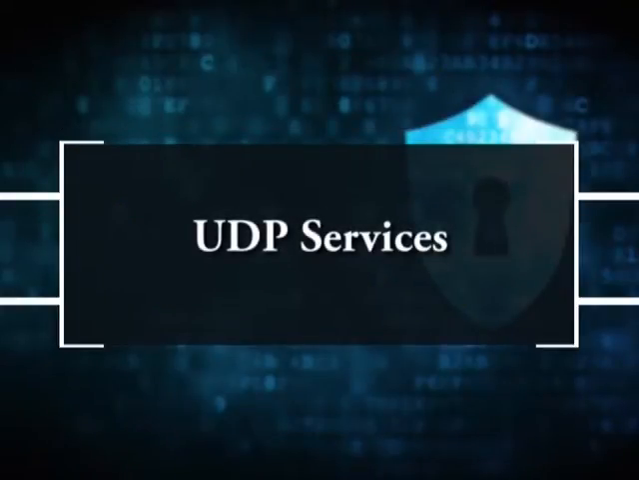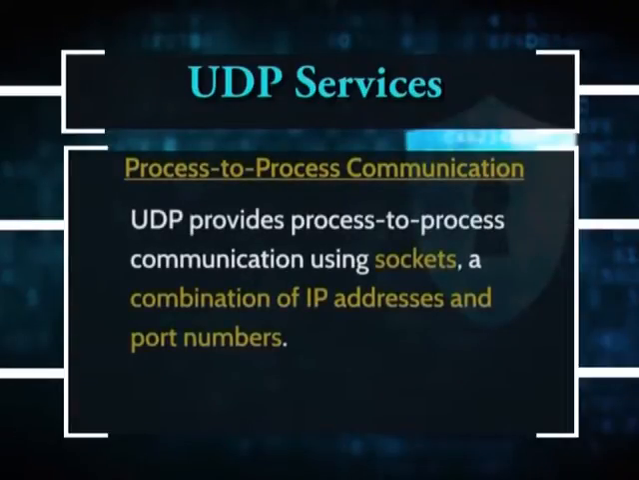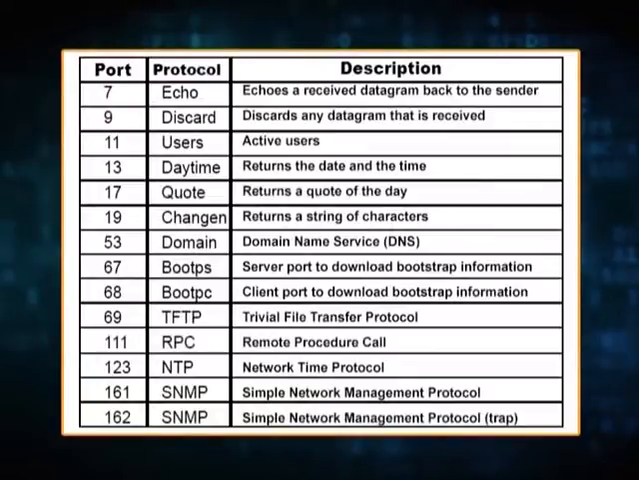Next, UDP services. I discussed the general services provided by the UDP in transport layer. First, process to process communication. UDP provides process to process communication using sockets with the combination of IP addresses and port numbers. Several port numbers used by UDP are as follows. Port 7 is for echo, port 9 is for discard, port 11 is for users, port 13 for daytime, port